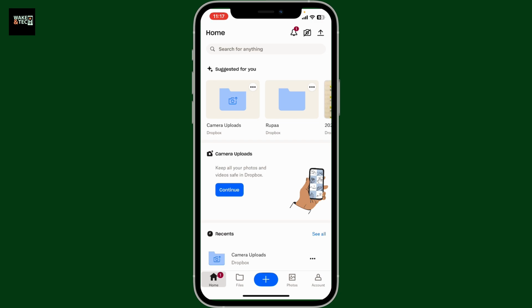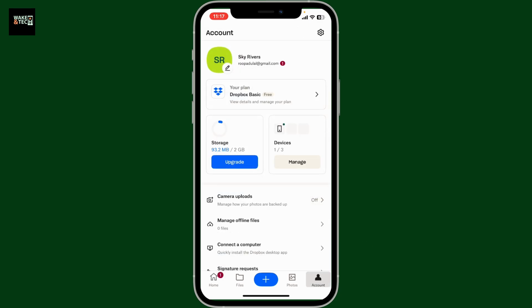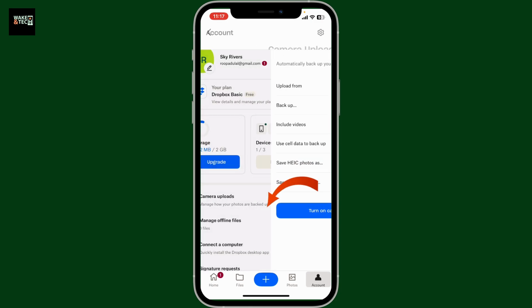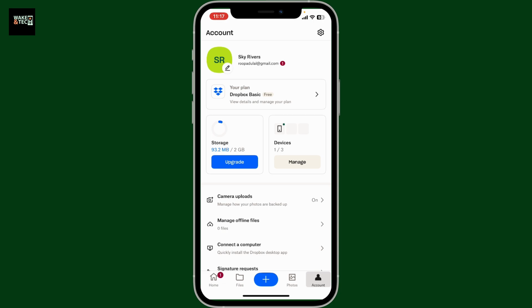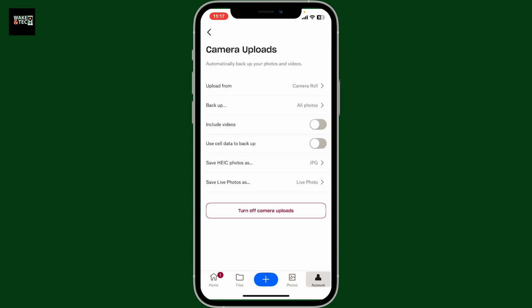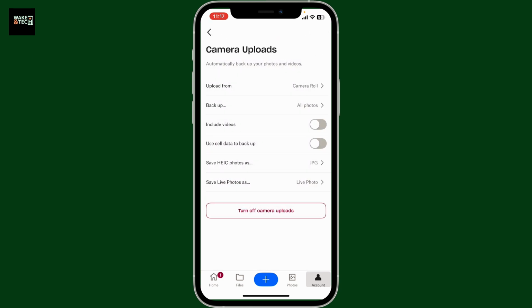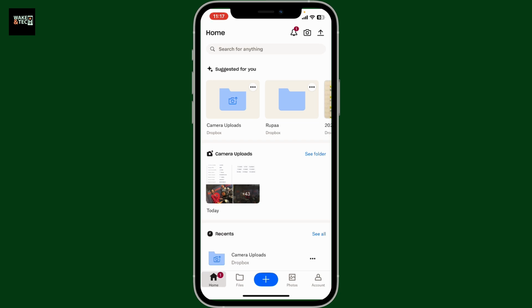So in order to do that, first of all, open the Dropbox application on your mobile device and from the home page, tap on Account at the bottom right. Inside the account icon, go ahead and tap on Camera Uploads. From the Camera Uploads page, tap on Turn on Camera Uploads at the bottom. And once you do that, allow necessary permissions such as backup photos, upload from camera roll, include videos, and so on from this page. And right after you do that, you will be able to turn on the automatic camera